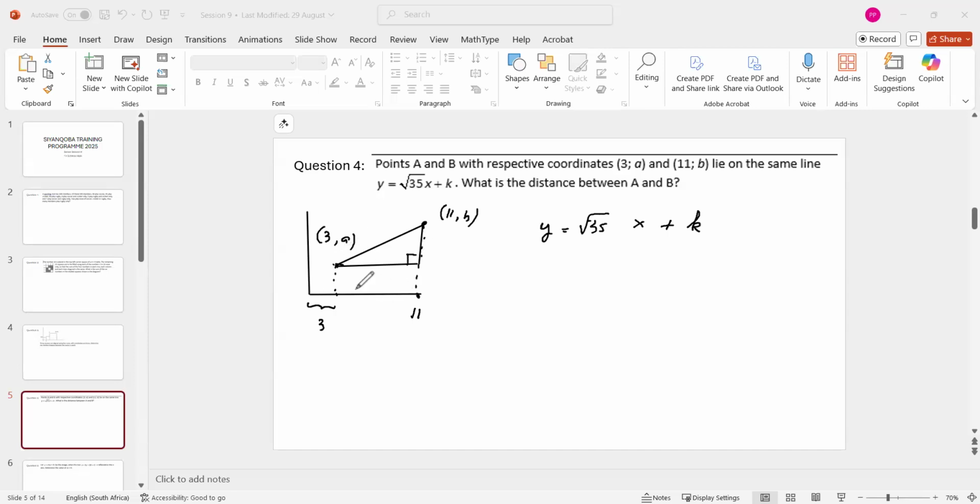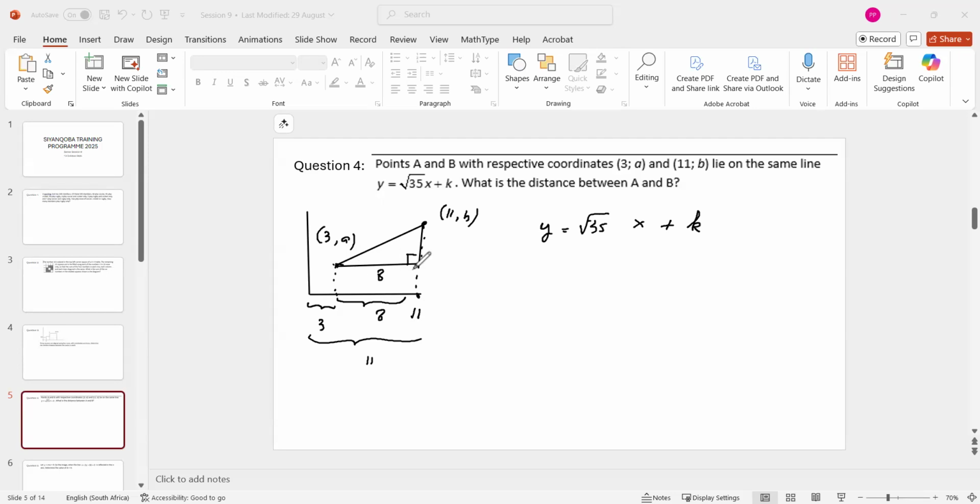See? So now you must remember, this 3 is, as I told you, from here to here, and 11 is from here to here. So this is 11. So that means this part here is 8. You see, the coordinates can be used to calculate distances. So if this is 8, then this is also 8, because you've got a little rectangle here when you're completing this thing. So we are almost there,